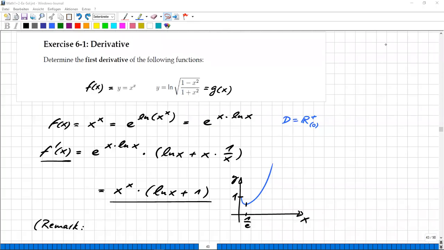Next one, exercise 6.1 about derivative. Well, this is, as I told you before, simple differential calculus we are concerned with. So we have functions of just one independent variable called x. But on the other hand, as you see, I decided to choose